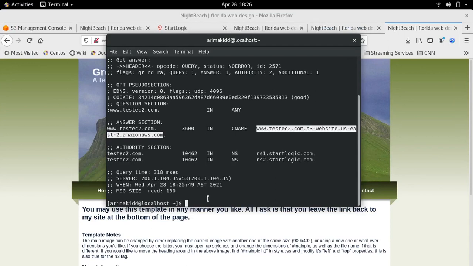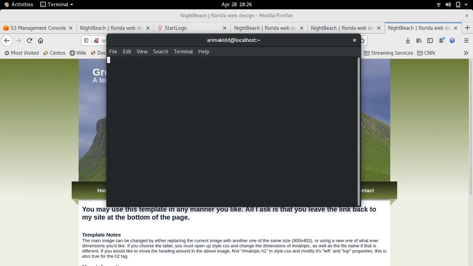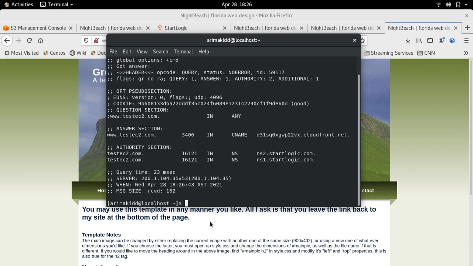So the original command I had was dig short. But if for some reason the dig short, in my case, you just created an SSL certificate, you removed it, but you didn't give much time before you recreated that bucket, you can do a dig, the domain name, and ANY in caps. And you should see your S3 bucket